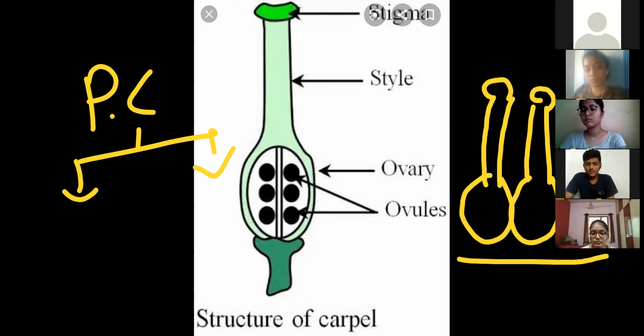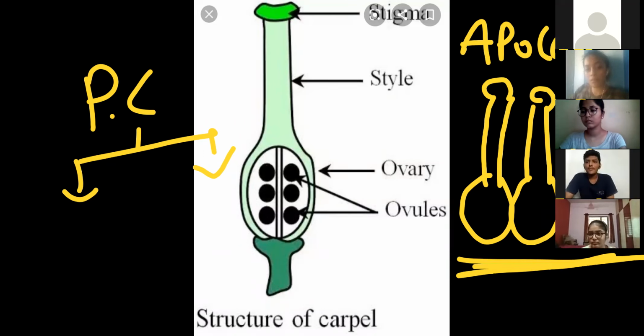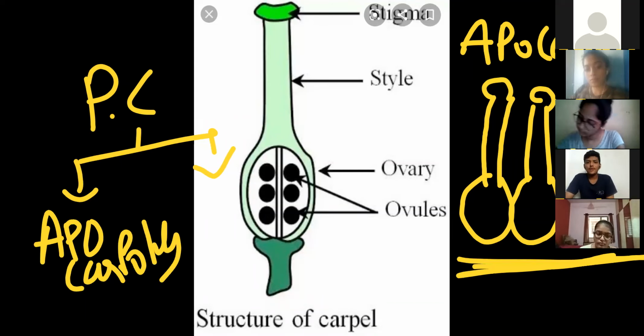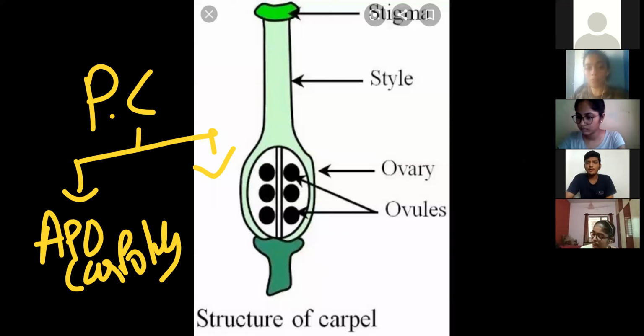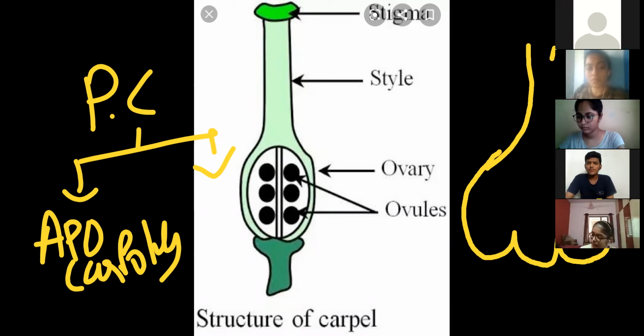Right? So this one we can say is the free condition, and that we call apocarpous. Apo meaning free, carpous meaning carpels. Apocarpous. So the first condition over here, apocarpous. Polycarpellary apocarpous meaning many carpels are present, but they are free from each other. They are not fused. Okay. Now, if they are fused, then what does it look like? Over here, one ovary, second ovary, third ovary. These all are fused with each other. They make one compartment.